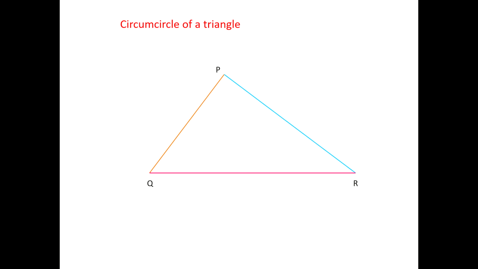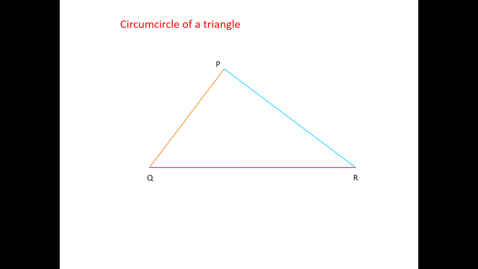Now we will see how we draw it in triangle PQR. Since it is a right angle, we have marked it here. Now we will see side PR. Again, the same way, we fix a radius in the compass such that the radius is more than half of the length of side PR.